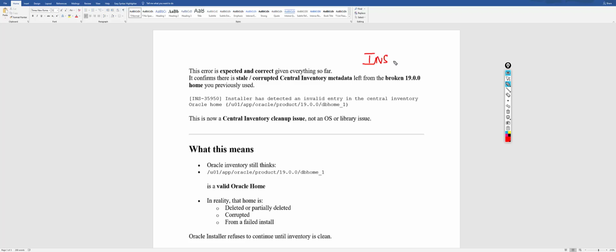Okay, INS-35950. This is also one of the common errors that we encounter whenever we are installing the Oracle database software using the runInstaller. So if we already installed an Oracle database home on the server, and